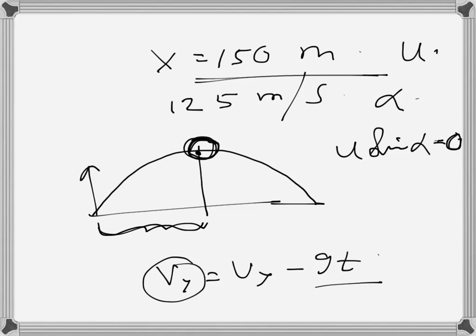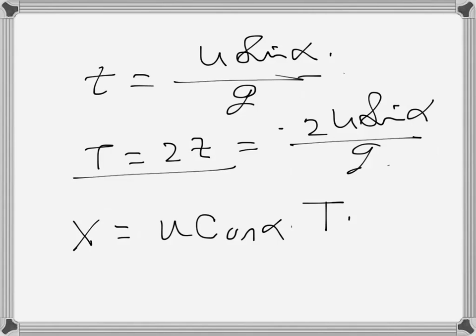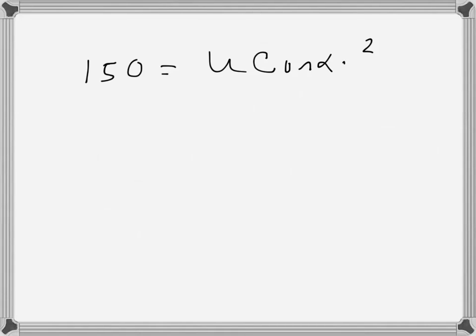What we need to find is the distance x, which is u cos alpha times the total travel time, and that is this thing. So we have x as 150, and u cos alpha times this 2t, which is 2u sine alpha over g,